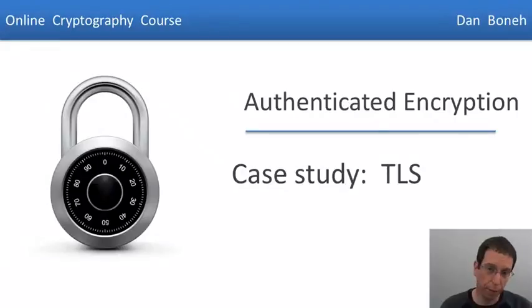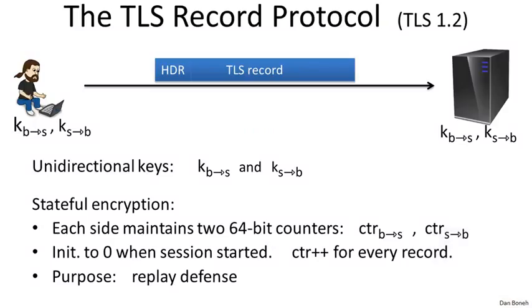So I want to show you how authenticated encryption is used in the real world. Let's use TLS as an example and see how TLS works. Data encryption in TLS is done using a protocol called the TLS record protocol. In this protocol, every TLS record starts with a header. We'll see the structure of the header in just a minute, followed by encrypted data that is sent from one